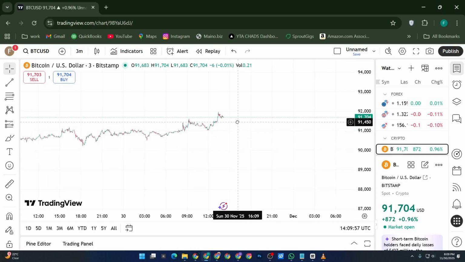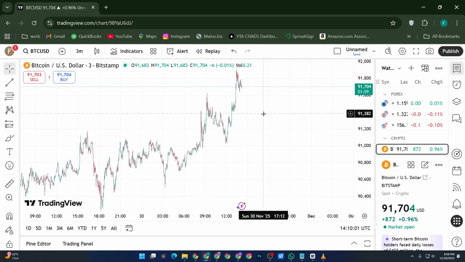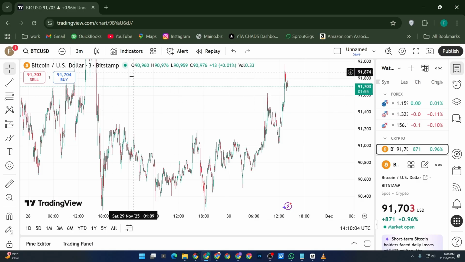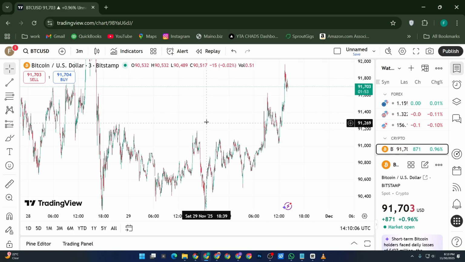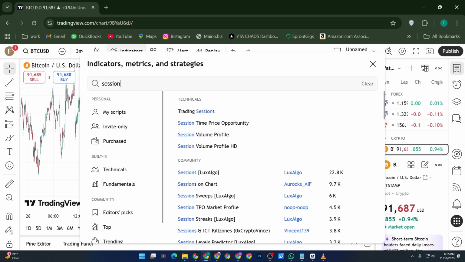In this video, I'll show you how to use the session indicator on TradingView to spot the most active trading times. First of all, open TradingView and load the chart of the market you want to analyze. After that, go to the top of the chart and click on the Indicators tab. Next, in the search bar, type Session Indicator. Look for the one you prefer, like the popular option by Lux Algo, and click to add it to your